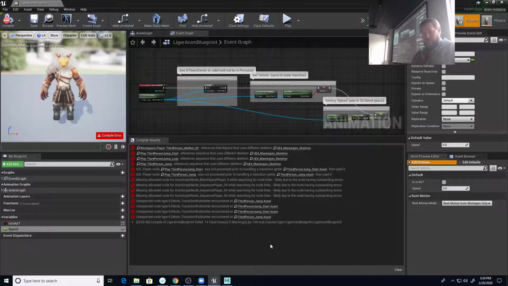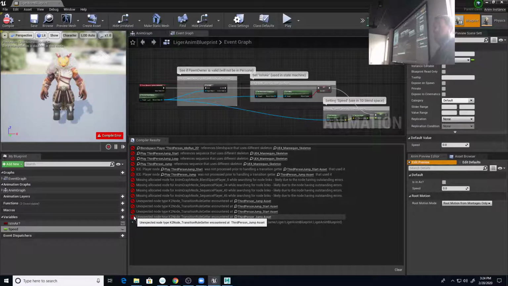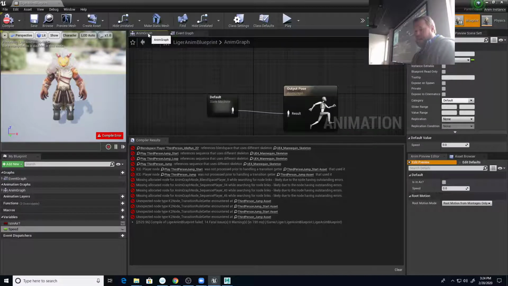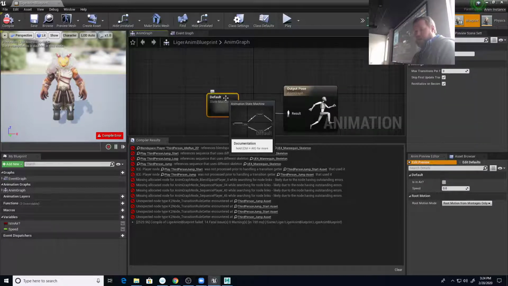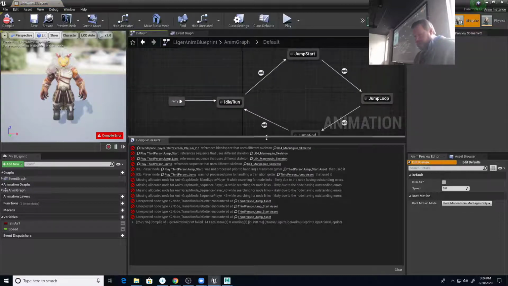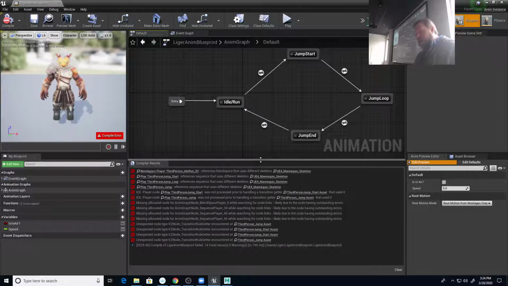Okay, so this is looking good, but all of these little things that we're seeing here now are referring back to our anim graph. So this is our event graph. Our anim graph is that state machine. If I step back over here to the state machine, we've got this default state machine, and I double click on that. So I copied them all over here, and I put them into this blueprint